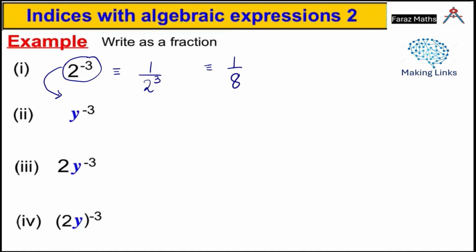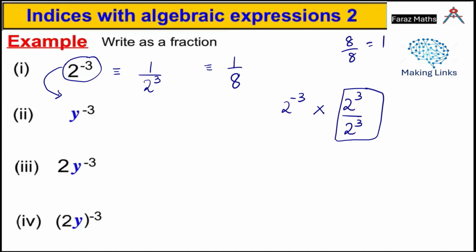Okay, most teachers don't tell you the exact reason behind it. A majority of students ask me why we are moving this 2 to the power of negative 3 to the denominator and what's the reason behind it. So the reason is very simple. If I do 2 to the power of negative 3, and multiply it by 2 to the power of positive 3, divided by 2 to the power of positive 3. So here, in multiplication when bases are the same, we can add the powers. And this is basically 1 because we are dividing 2 power 3 by 2 power 3. So that is 8 over 8, and 8 over 8 is 1.